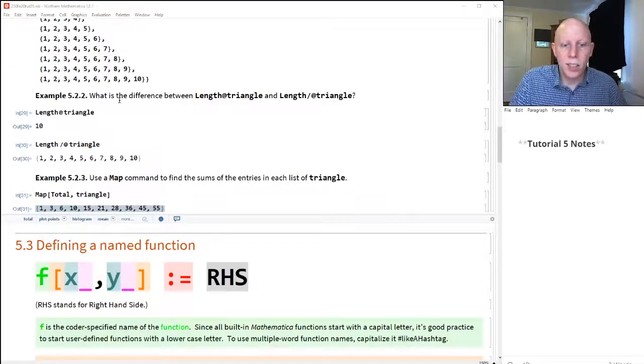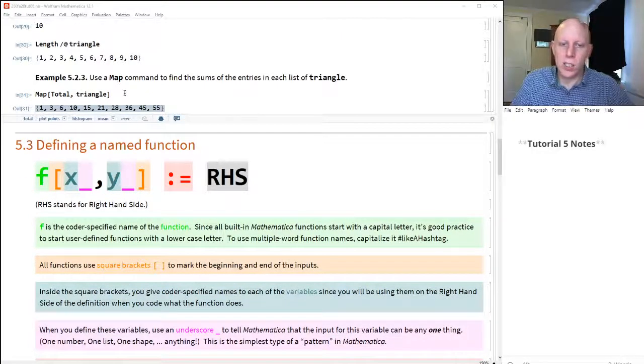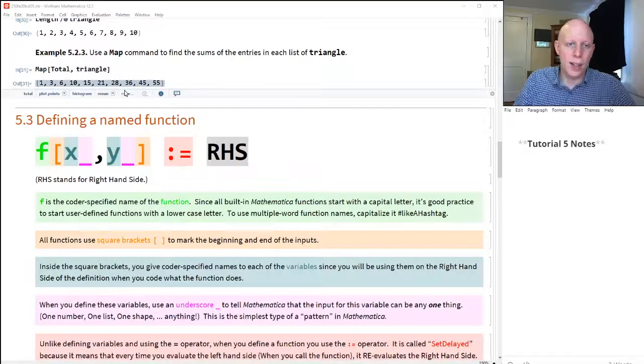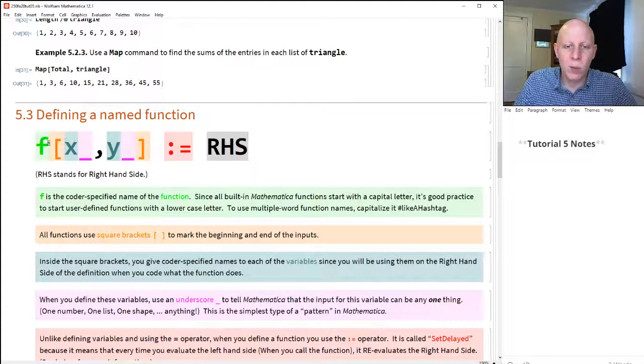Alright, so let's continue the tutorial 5 here. And we're going to, this is a very important topic, which is defining your own functions. I've color-coded this to make this as easy as I can to understand, but let's look at the structure. What we're going to do is define a new function, f,